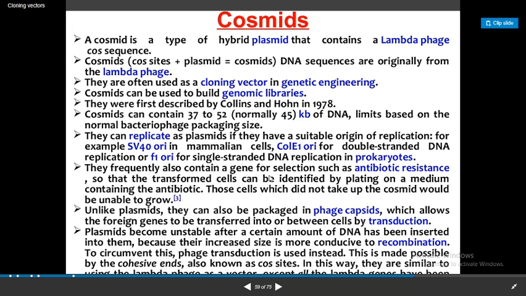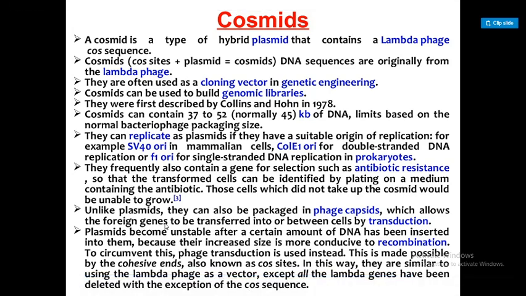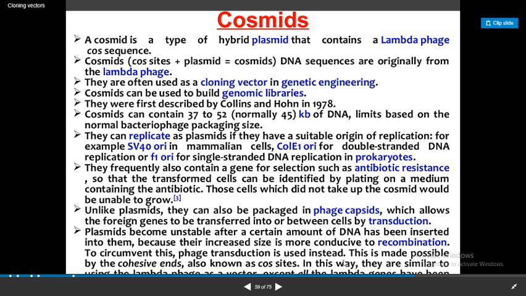In single stranded DNA, the origin of replication is called F1 ORI. In double stranded DNA, the origin of replication is called E1 ORI. What about us? Mammalian cells contain the origin of replication SV40. All these are examples for cosmid. Cosmid also contains antibiotic resistant regions. It also helps in transfer of the gene into the bacterial cell through the transduction process. From the viral genome, it is carried into the bacterial cell through transduction. Thereby recombinant DNA can be produced.